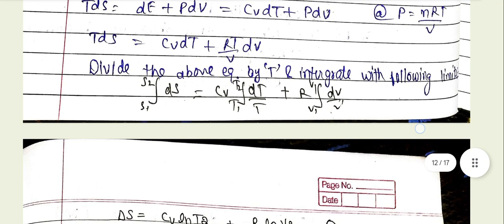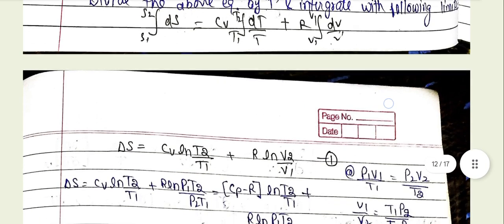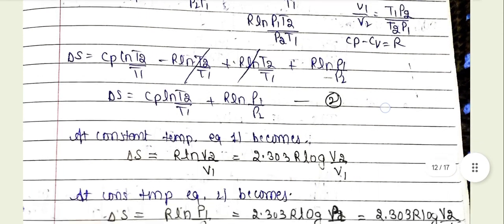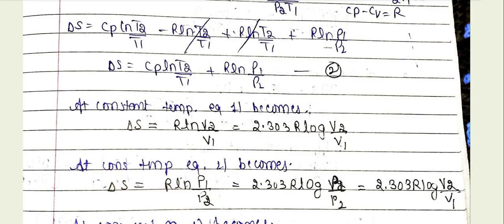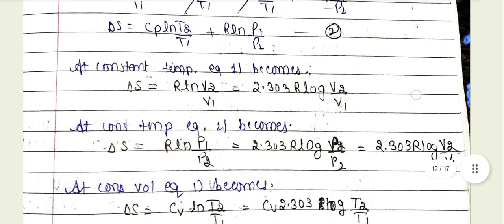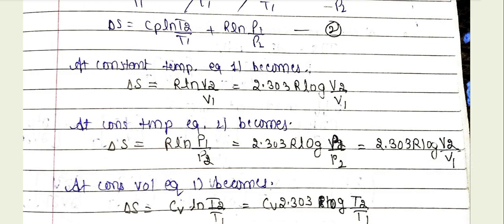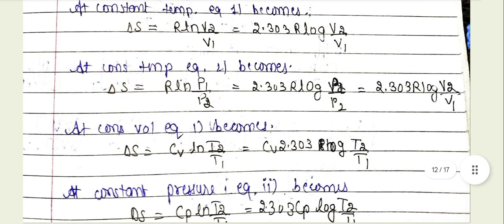Divide the above equation by T and integrate within the limits, and we will get delta S is equal to Cp ln T2 upon T1 plus R ln P1 upon P2. At constant temperature, equation 1 becomes delta S is equal to R ln V2 upon V1, which is equal to 2.303 R log V2 by V1, and at constant temperature equation 2 becomes